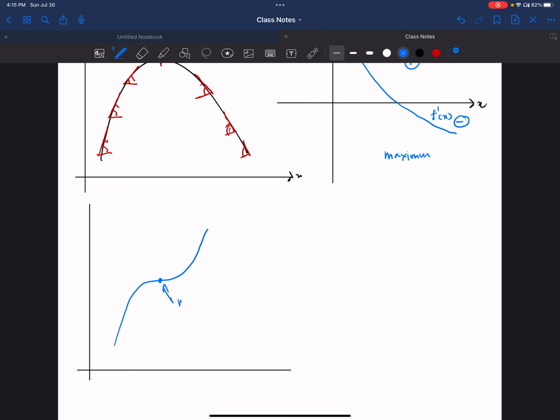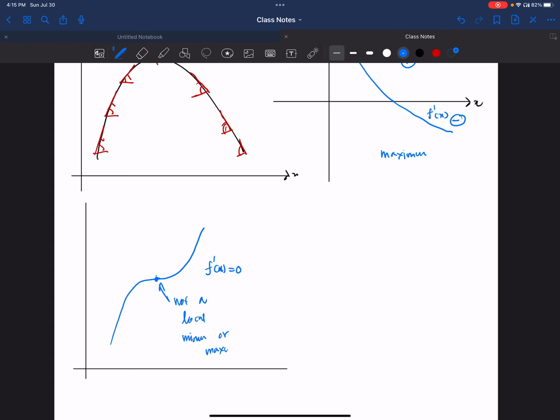It's not a local minimum or maximum, but this would become a critical point because f prime of x could be zero, but the sign of f prime of x... So if you look at the sign of f prime of x,